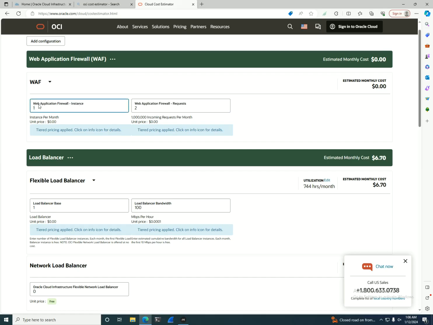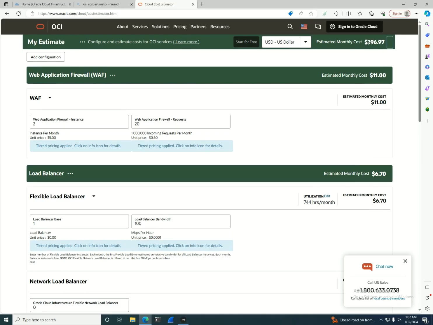But in here, let's say I will go with 2 web application firewalls. So one WAF instance is $5. Let's say I will have 3 million, I think 10 million would get me some prices. Oh wait, okay, so I think 20. So after 10 million free requests, you're going to pay something like this. So very cheap. And at the end, with $300 per month, I can even run a production grade environment on OCI. At the end, after